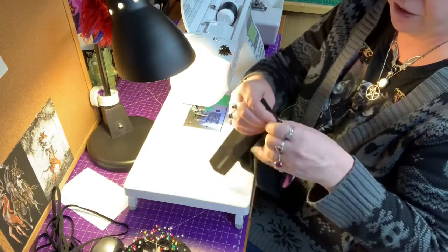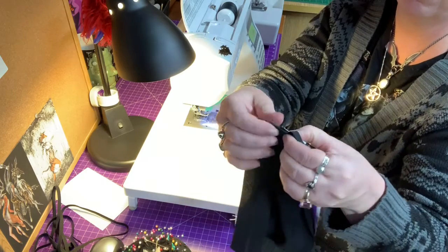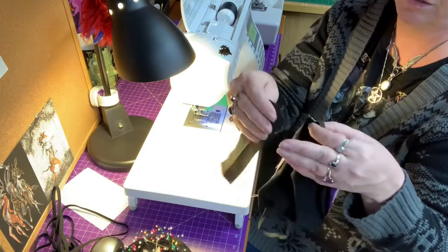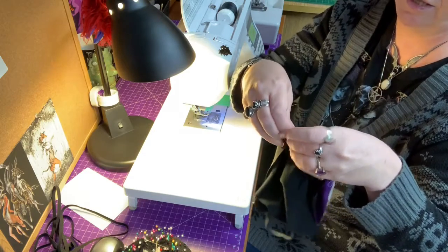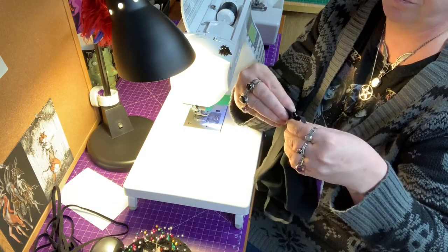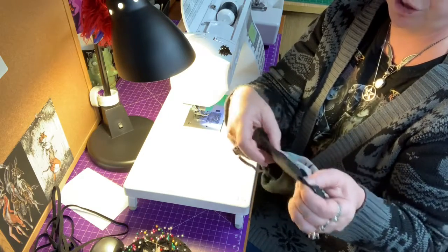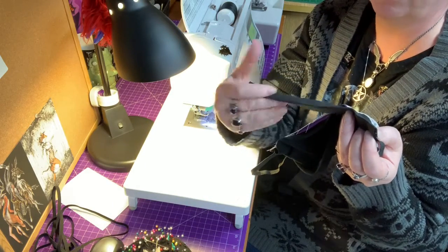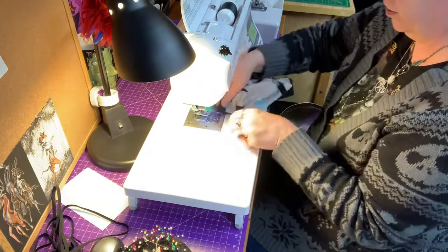So I'm just going to place it on here. Now I'm keeping the 1/4 inch out, and I'm just placing my binding actually this way, so it wraps around the edges like that and gives me a slightly longer bit of cotton coming up too. And when you sew on binding, you want to make sure when you fold it, there is a small side and a large side. So you want your large side to the back